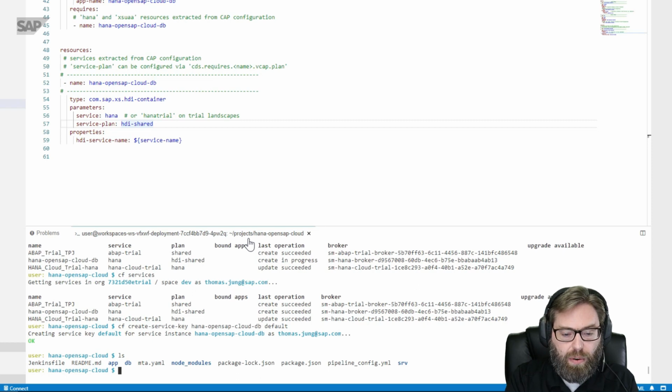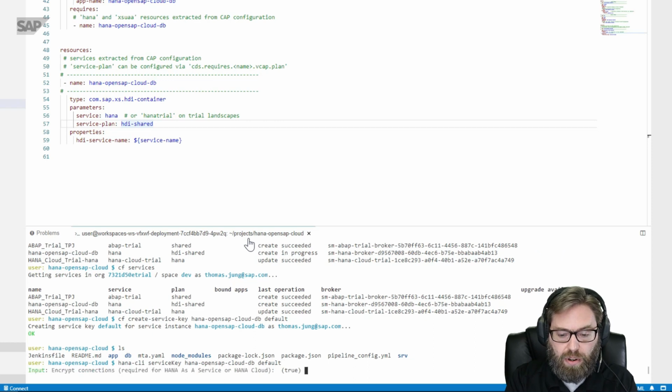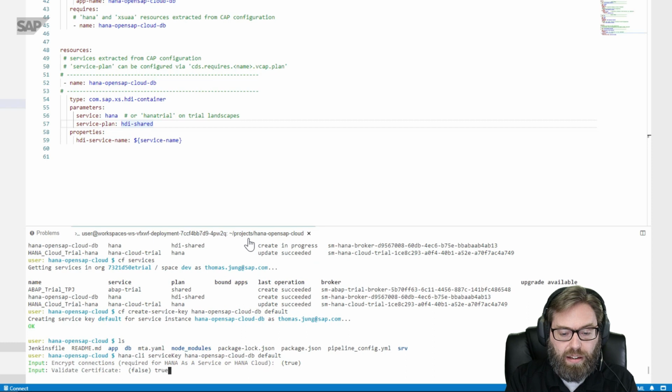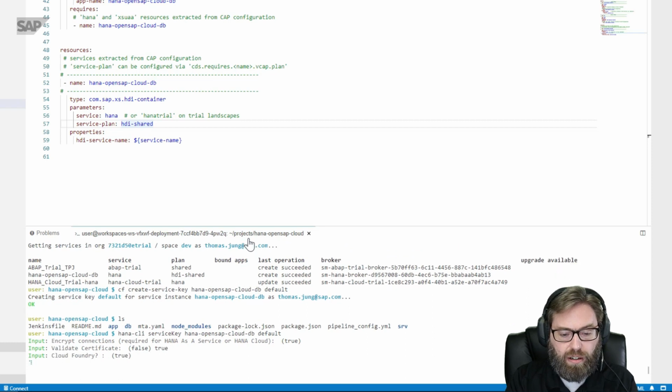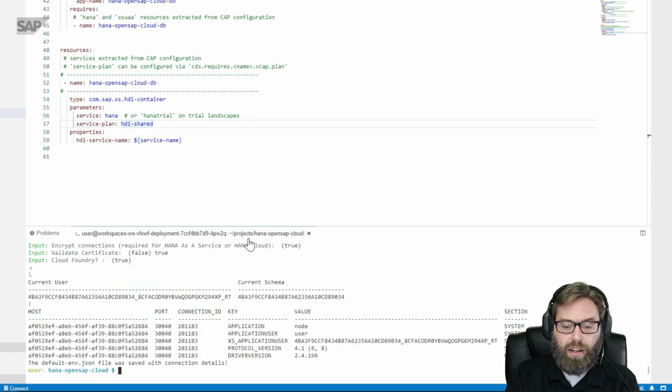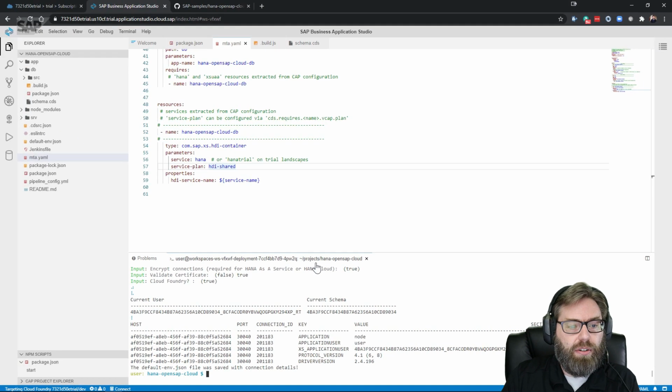And I'm going to go ahead and say hana-cli serviceKey. Give it the service instance and the key. Yes, I want to encrypt. Yes, I want to validate the certificate. And yes, I'm running the Cloud Foundry runtime. So what this just did is it went out and connected to that service instance of the HDI service that I created, pulled all the credentials out of it and all the connection parameters and wrote them into this default